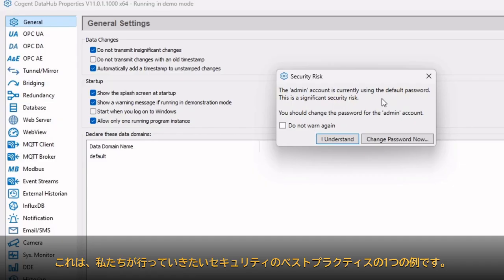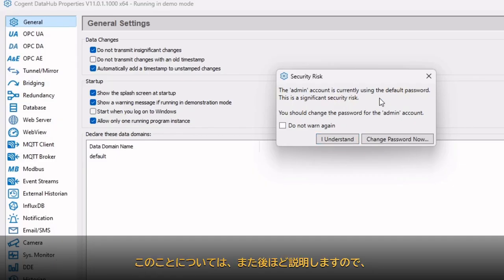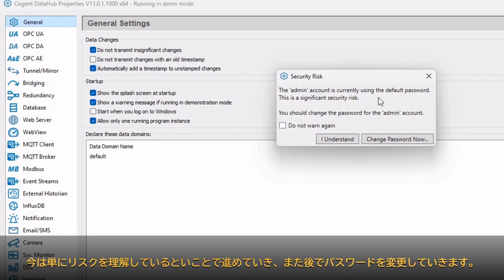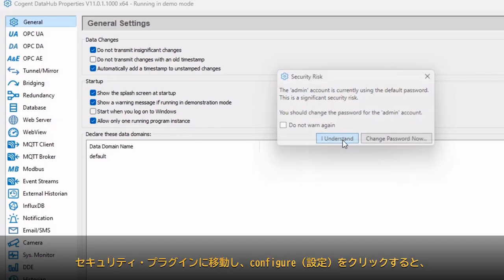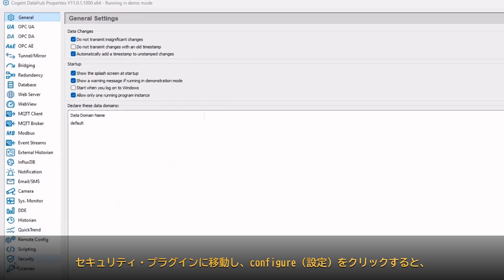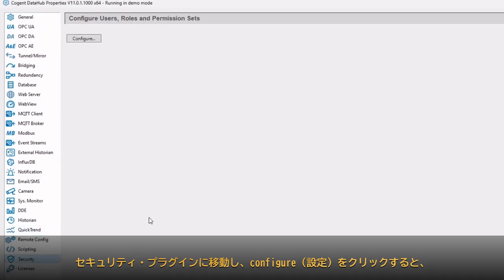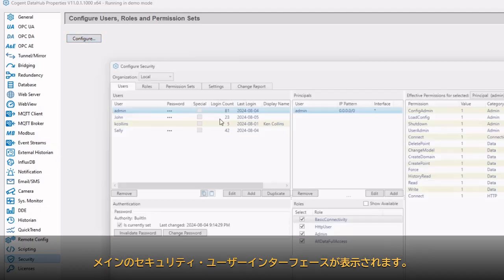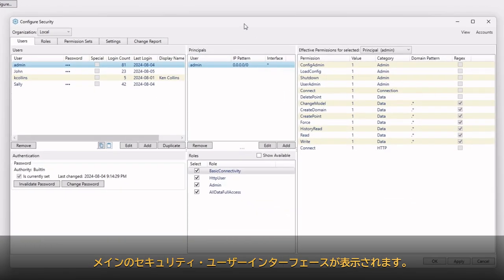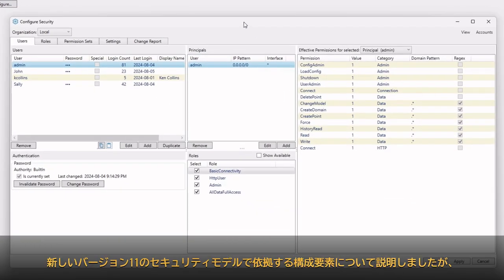And this is an example of one of the security best practices that we want to handle. We'll come back to this later. For now, I'm simply going to acknowledge that I understand the risk, but we will change the password in a later video. When we navigate down to the security plugin and then click configure, we'll see the main security user